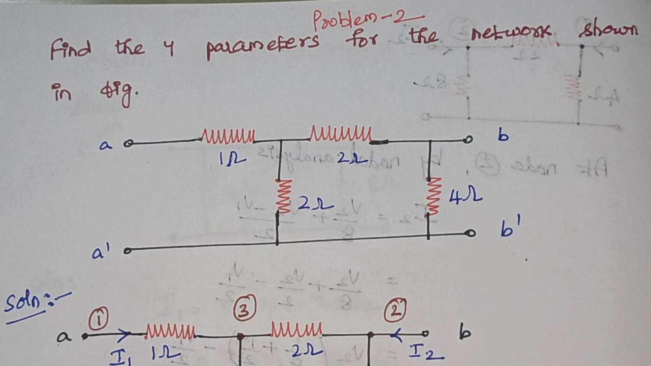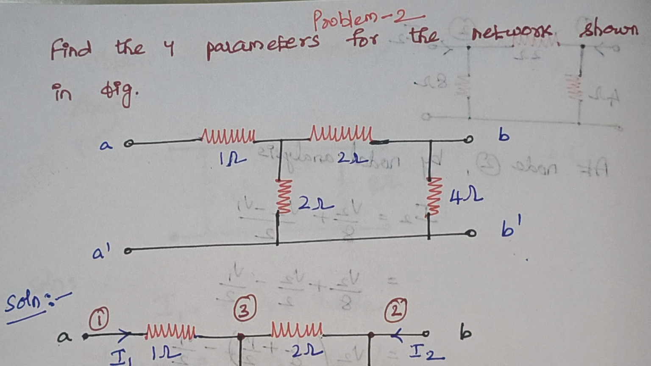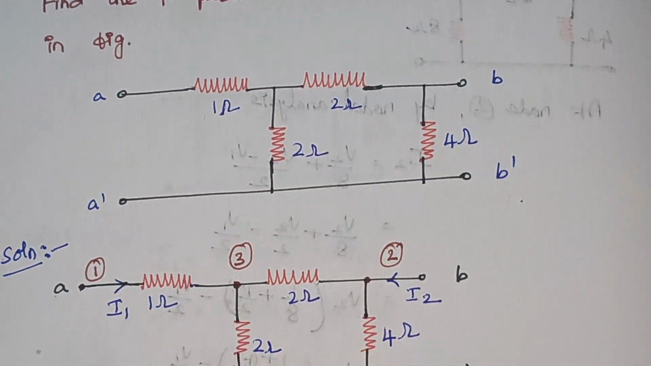In the previous video, we solved this problem by short circuiting the input port and short circuiting the output port. So by short circuiting one port, we calculated two parameters, and by short circuiting the other port, we found the rest of the two parameters. But here we are going to use nodal analysis to find all the four parameters. So here in this case, you see,